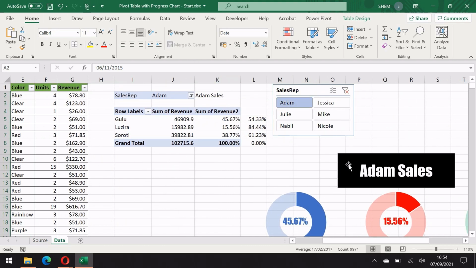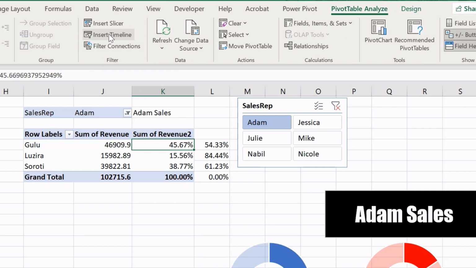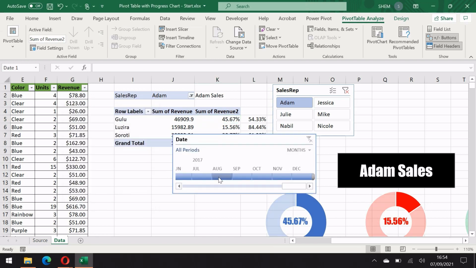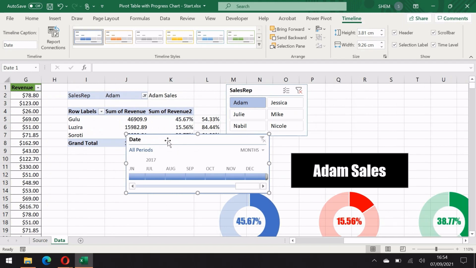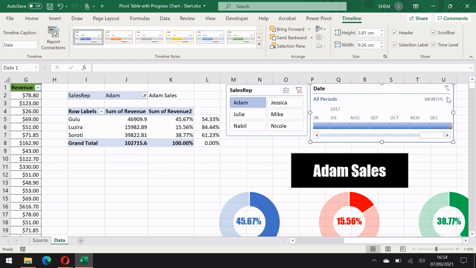Okay? So we go back to the pivot table, click inside the pivot table, so that this window called PivotTable Analyze comes up. Click on it, we go to Insert Timeline, and then it's smart enough to look for the date within the data, and we click OK, and then it gives us this box as well that has all the periods, and what we want is years. So let's select years,